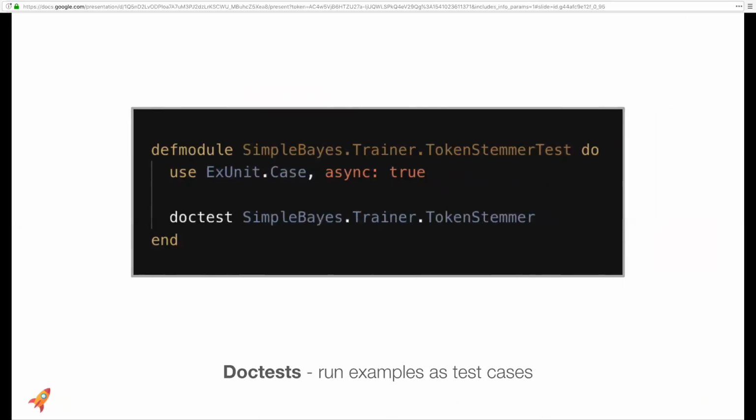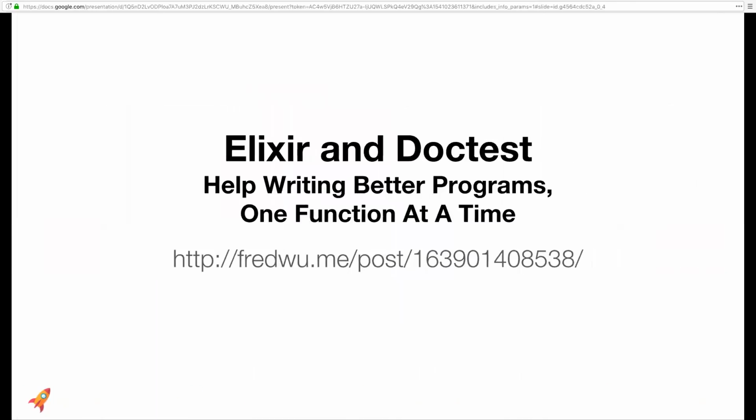Here's how to run the Doctest. Essentially, you have a test file, and all you need is to use the doctest keyword and put in the module name, and that's it. It's a very cool concept. It's one of my favorite things about Elixir, Doctest. I've actually written a blog post about that, because I think having Doctest in Elixir a lot of times changes the way I think about how to structure my code and how to design my application, because